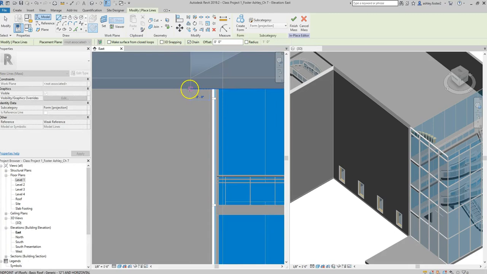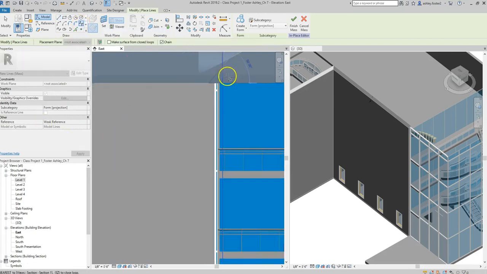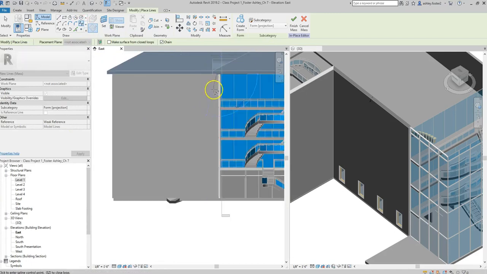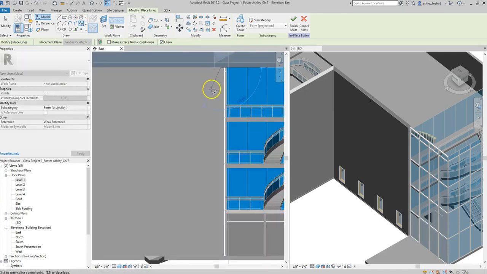And I'm going to go out 6 inches here. You can type 6 inches and do the inch mark, or you could do 0 space 6. There we go. And then let's change to the spline. And I'm just going to have a little fun and draw a very sinuous line,